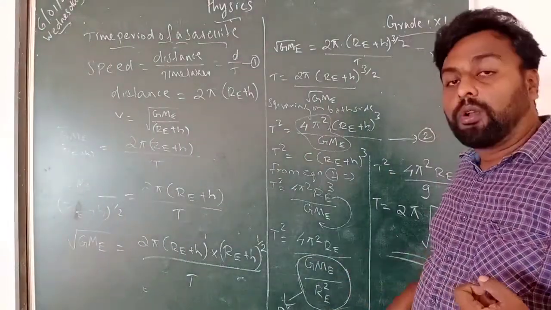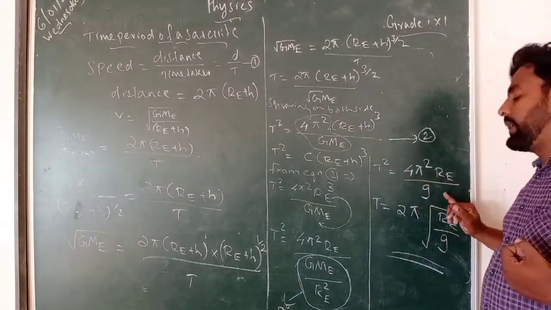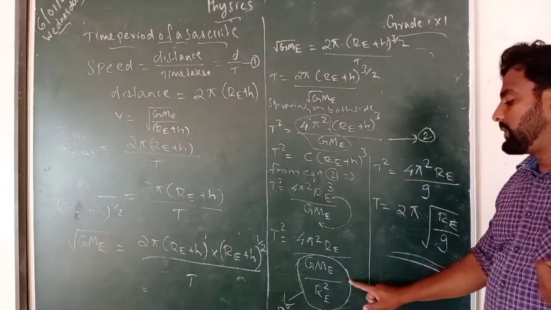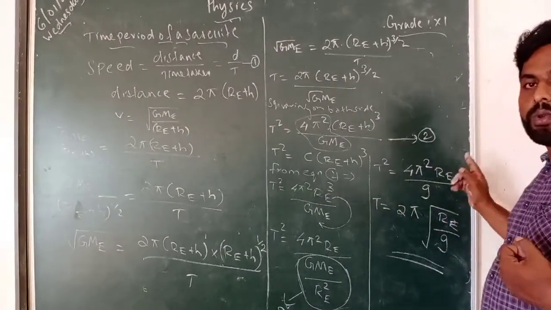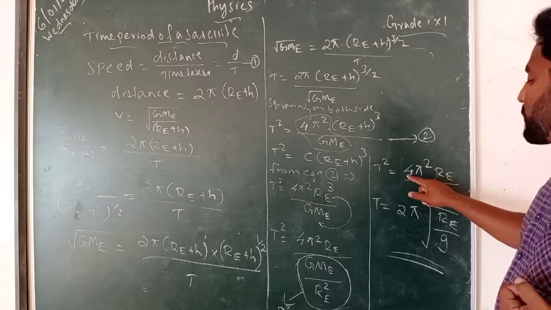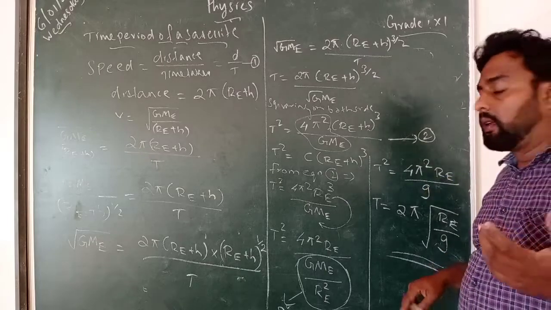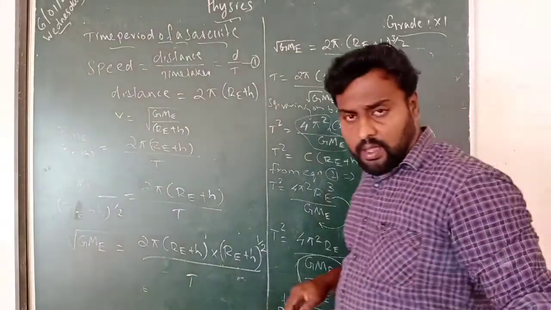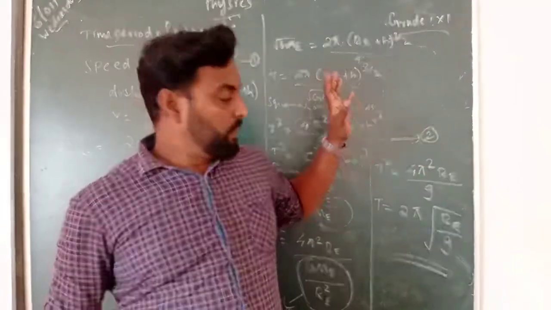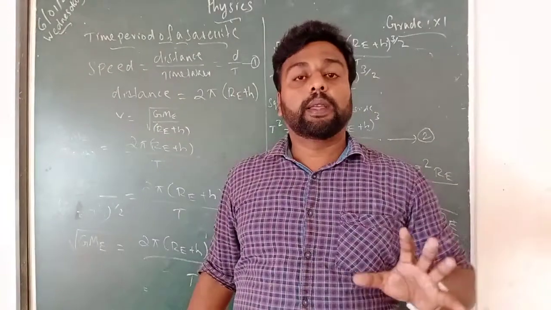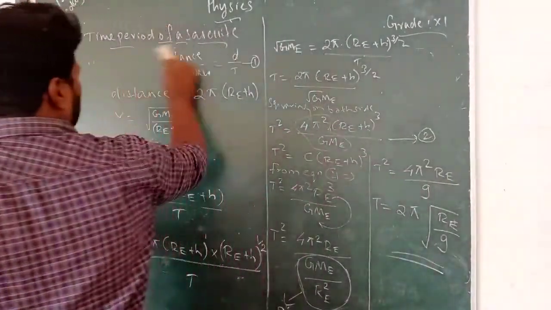So we are doing that splitting and changing. So the remaining 4 pi square R_e by g we will get, and in this step G M_e by R_e square is g here. Now putting the square root, we are using the square root: square root of 4 is 2, and square root of pi square is pi, then square root of R_e by g. This is the formula we use to find out the time period for the satellite to complete one rotation. And the next one is